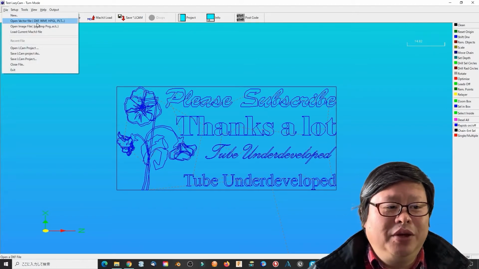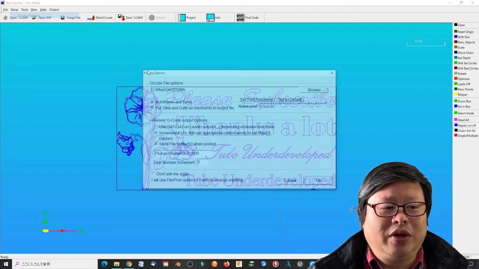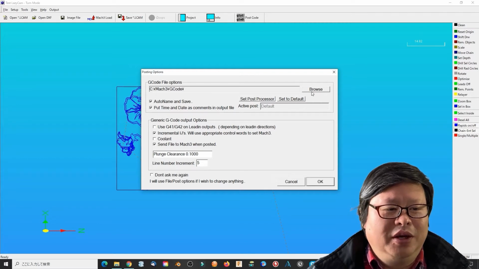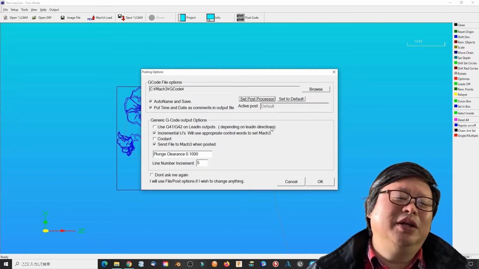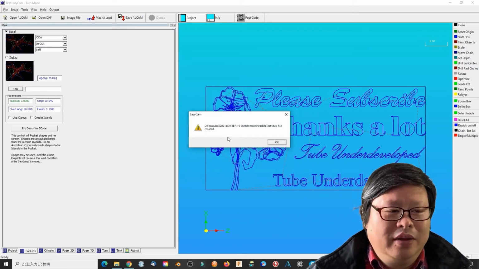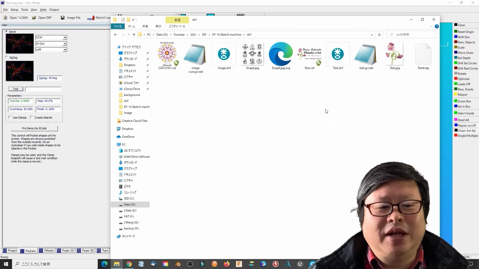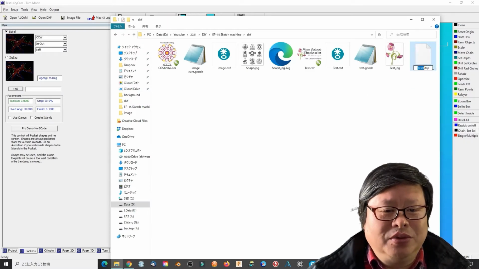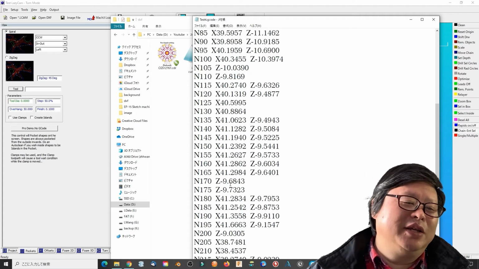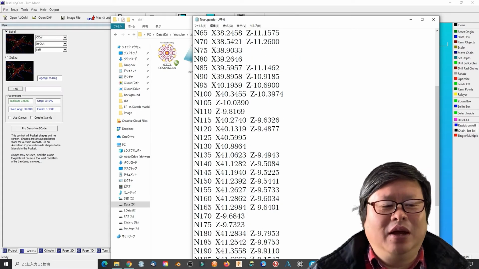Check the command menu. Find the posting options related to G-code folder location. Try to find where to generate a G-code. It seems that you should select 2 first. I have no idea about it. Just try to generate a G-code anyway. Check the file that is generated now and change the extension to G-code. It contains code that I don't know at all. It seems that this software is not for me now.